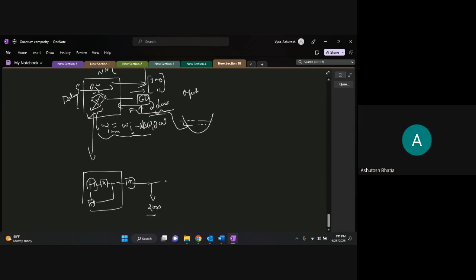It can further go into a neural network also, and then you can put it in a loss function. That totally depends upon your design, if somebody wants to design a 4-layer or 3-layer network, whatever.